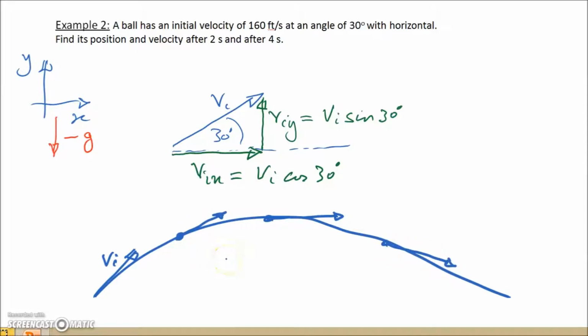So as we are going to neglect air resistance, there is nothing to reduce the velocity in the x direction, which will remain constant at VI cos 30, but the velocity in the y direction is subject to the acceleration due to gravity. So at the initial part of the trajectory, the velocity in the y direction is VIY,